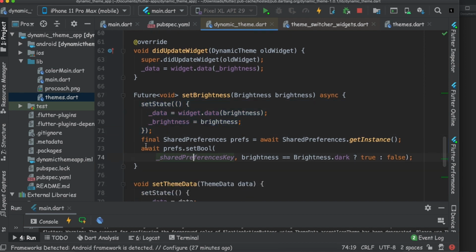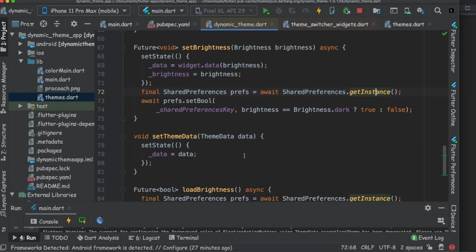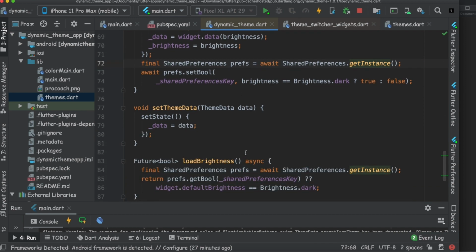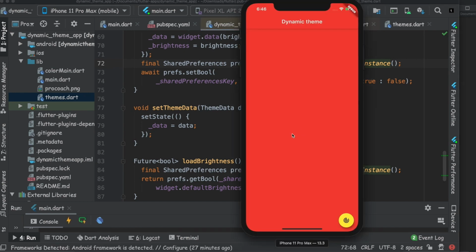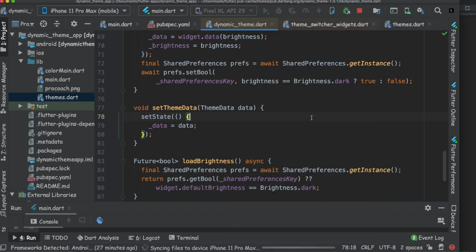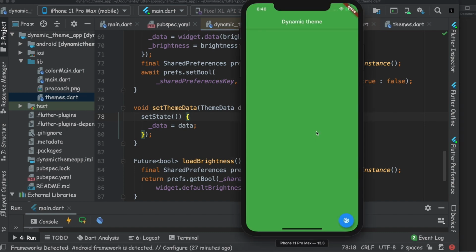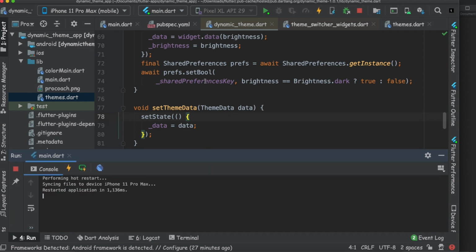Okay, and this dynamic theme uses shared preference to store its current values. Okay. So I think if we close the application on red, we can get red, and if we close it on green, then we can get green. Oh wow, so it is because of this shared preference.